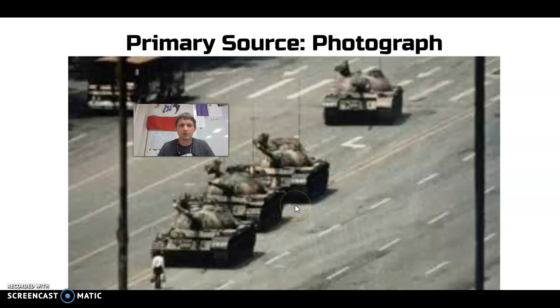We talked about the difficulty of photographs, not knowing what happened before or what happens after, and not even being sure what's happening in that moment other than just this snapshot that we see. When we talk about the evaluate portion of that document, what's happening, we only know what's happening for this split second that a person is in front of these tanks. We don't know exactly why it's happening or what happens next, but those are good questions that we can ask when we start to evaluate sources.